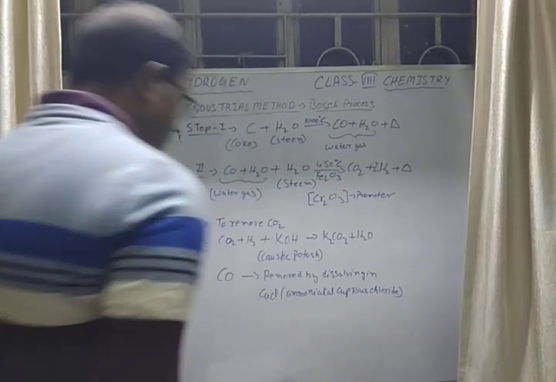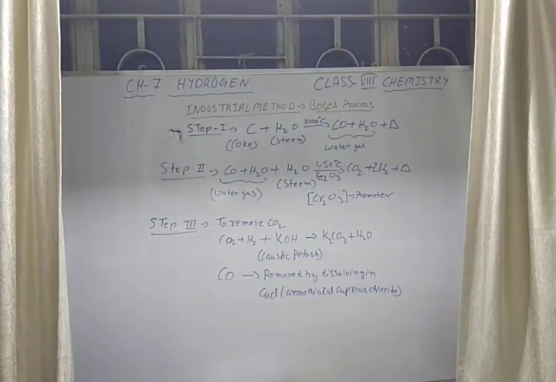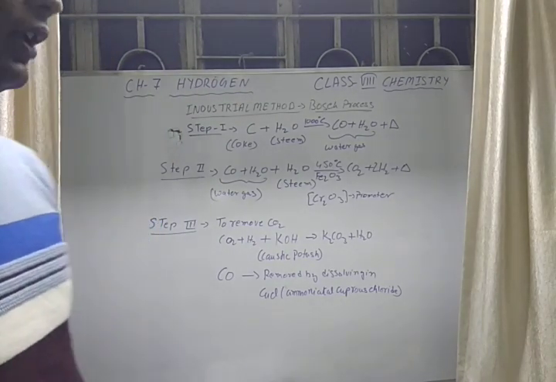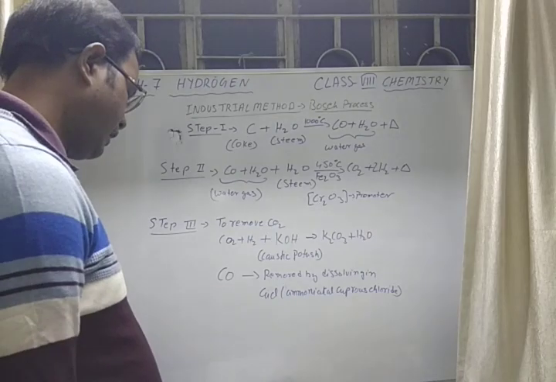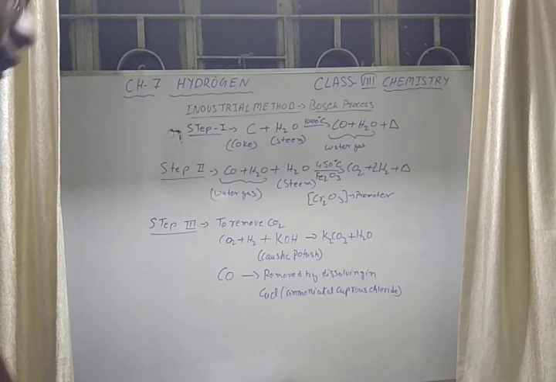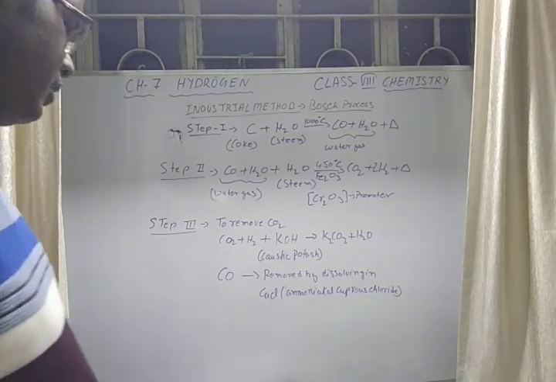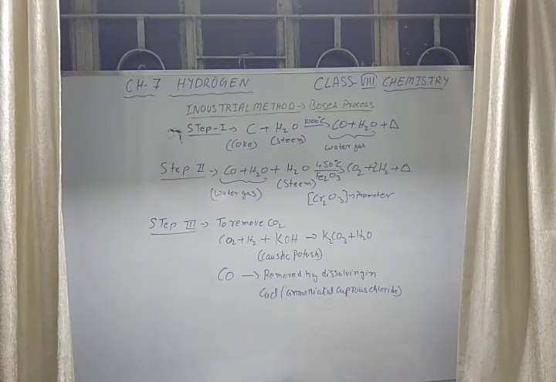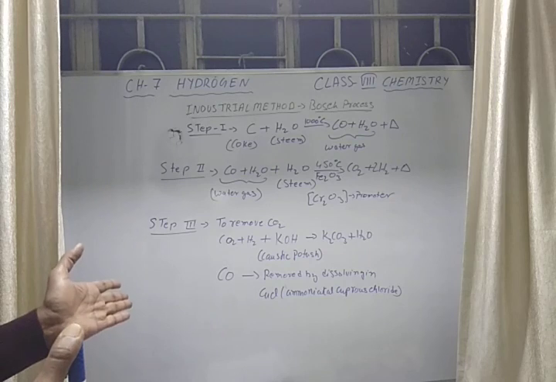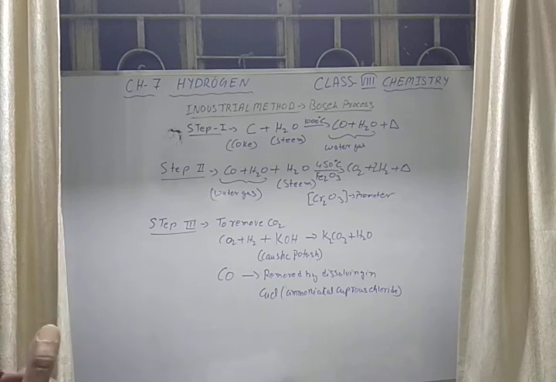Okay, so carbon monoxide and carbon dioxide, the two impurities present in the hydrogen gas, are also removed. Now you will get the pure hydrogen. So after the separation of carbon dioxide and untreated carbon monoxide from this mixture, the rest of the thing that we get, that is hydrogen gas, is prepared. By this method we can prepare hydrogen gas on a large scale in the industries.